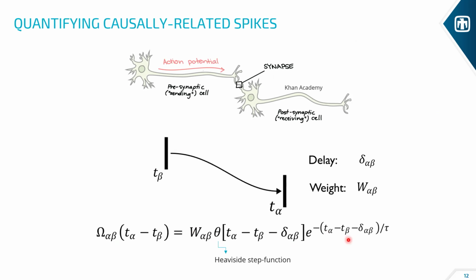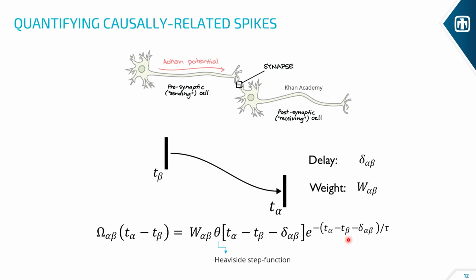And then this exponential decay factor is supposed to build in the intuition that spikes that are separated in time should be less related to each other. So this is clearly the postsynaptic response of a leaky integrate-and-fire neuron. You could also think of it as the facilitation kernel for STDP. I think there are connections there, but I want to reinterpret these terms in the context of quantifying the causal